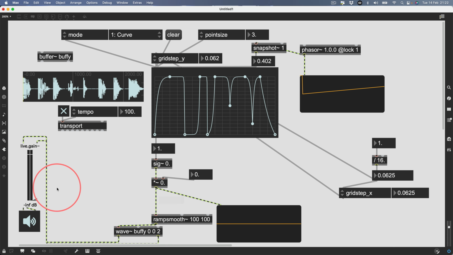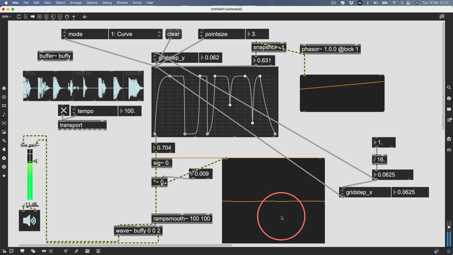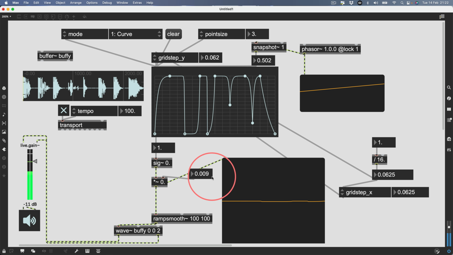So if I turn this up, we're going to get nothing. But if I increase this, you can see it's very slight, only a tiny bit of signal is coming through. You can see it's happening there. So if I maybe went to 0.1,